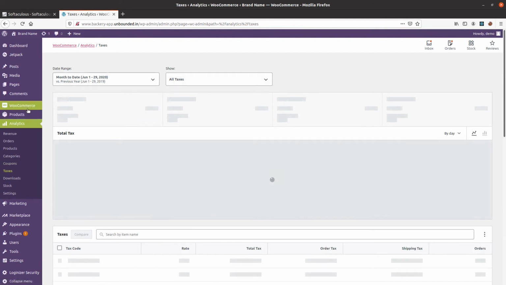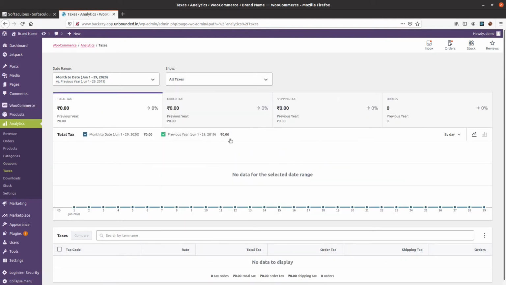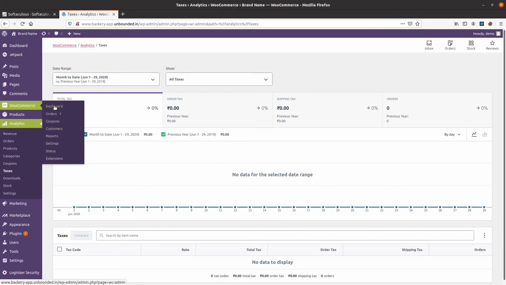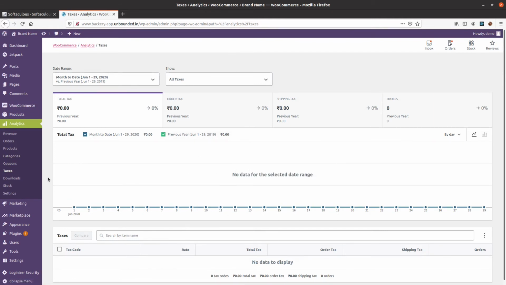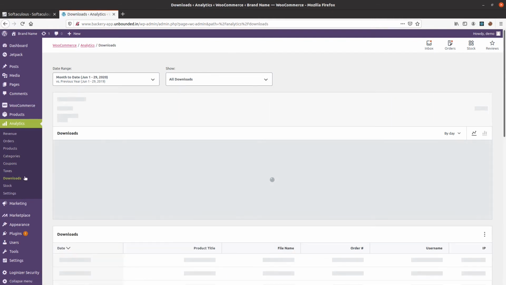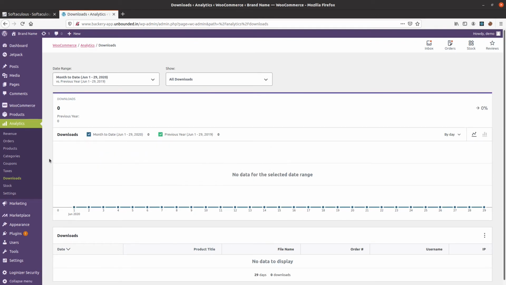And if you have configured taxes, then you can see the tax related details as well. I am not so much familiar with how the taxations and all work. So if you're familiar with it, you can go ahead and configure it in the WooCommerce dashboard, and you should be able to see the analytics for that as well here. The download section is for the ones where your website sells online downloadable stuff like a song or a video. So you take online payment and you make it available to the user through the download feature. So anything that comes under those categories will be tracked here.